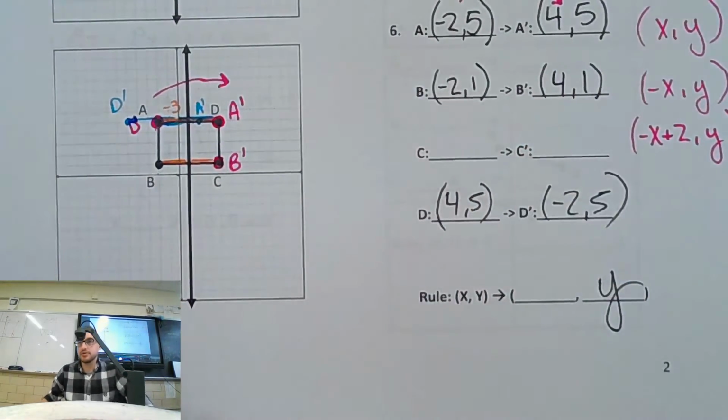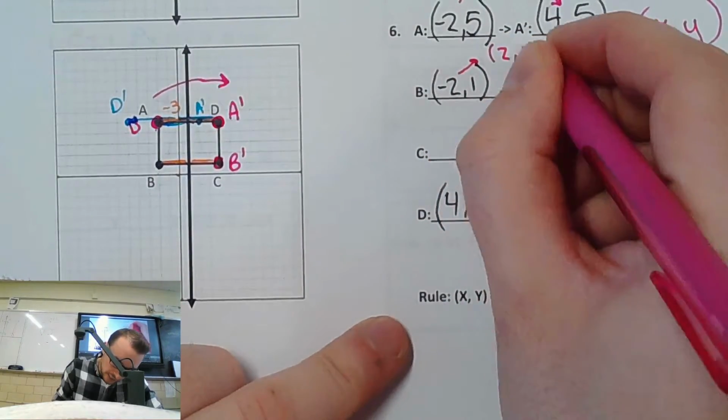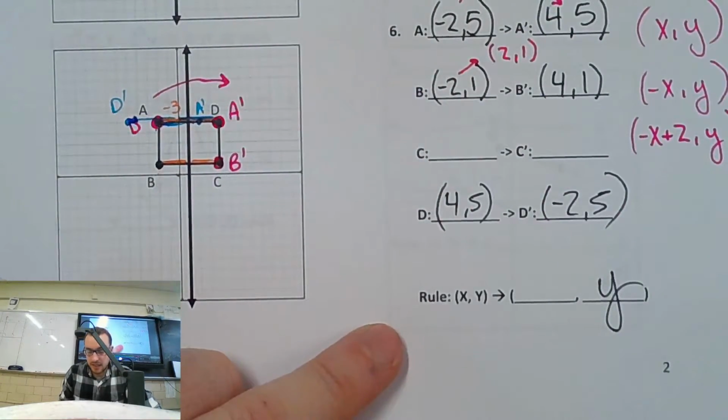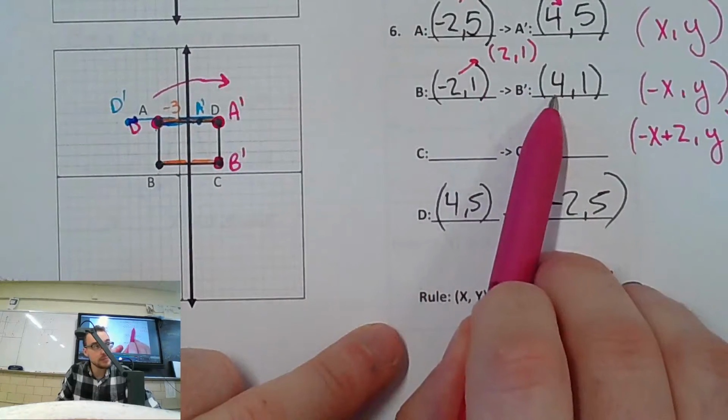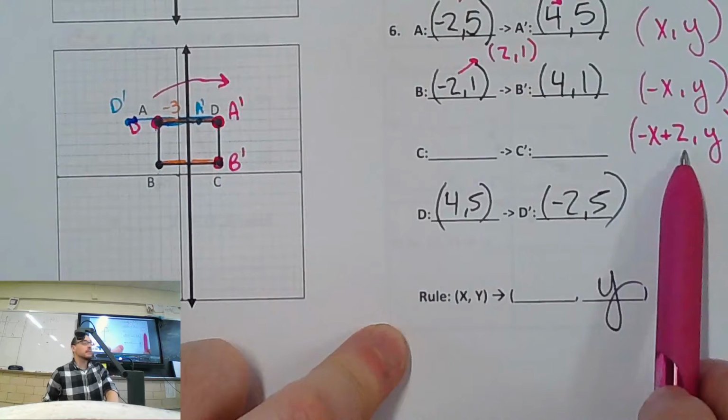So let's look at these coordinates. We know we're doing a horizontal flip, right? Horizontal flip means we negate the x or negate the y. Which one? Negate the x, because x is horizontal. So step 1 is to change that first guy's sign. Now what do I do, Alex, to go from 2 to 4? Add 2. So I must negate and then add 2. That's the rule.